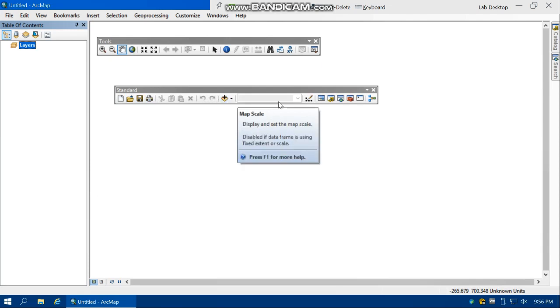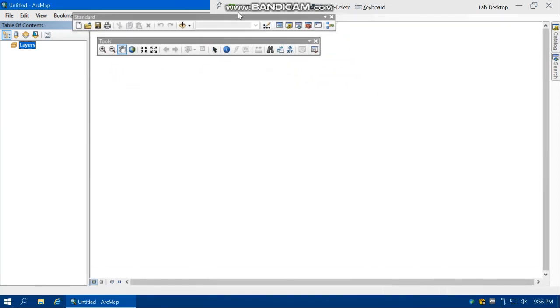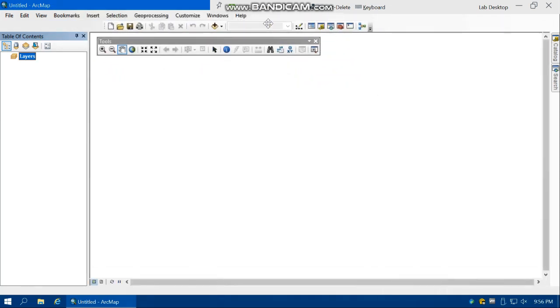The other important button in the standard tools is ArcToolbox, this red box, which contains almost all of the tools in ArcGIS Desktop. So we will talk about the standard tools in the future.